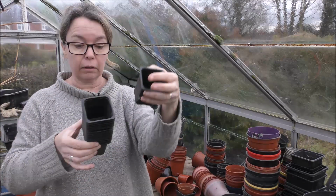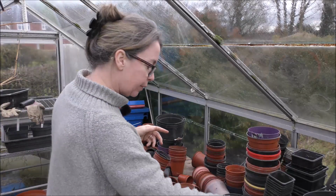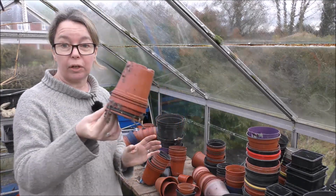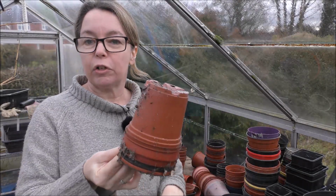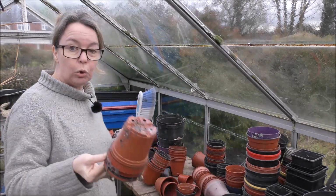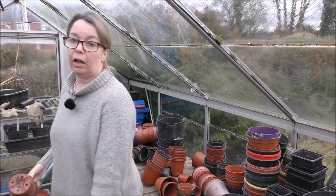So these go right next to each other. But the other thing I wanted to tell you, as you will have guessed already, I've got all my square ones there, is, right, these have literally just come out from the mess that was under that bench. And all I am going to do, I've got a bucket off camera,